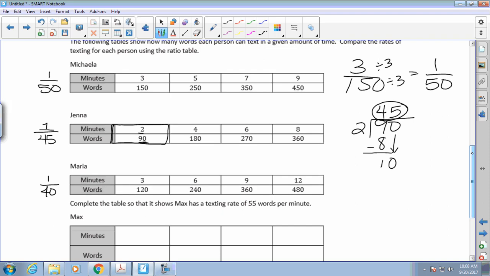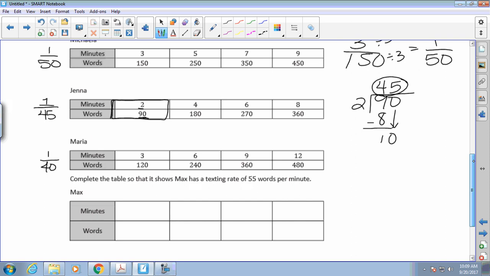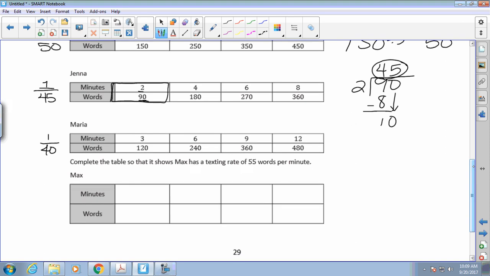So far, who is the fastest texter? Michelle. Why? Because she has 1 out of 50 and everyone else is under the 45. Very good. Yeah, so she can do 50 words. Jenna was only 45 and Maria was 40. Max, it does not give us that info, but it does tell us that Max has a texting rate of